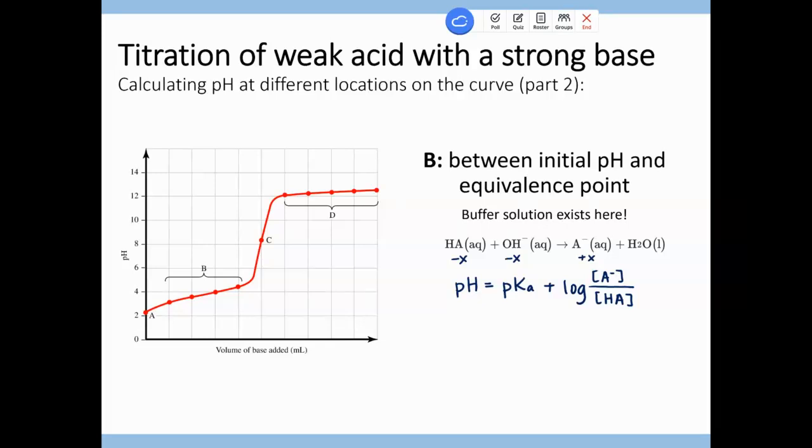And remember, when you're doing a titration and you have the strong base, in this case in the burette, you can see exactly how much base is being added to solution. That will tell you the value of X. All of the OH is going to be reacted, so the concentration of A minus will be the concentration of base that's added. So all of the strong base